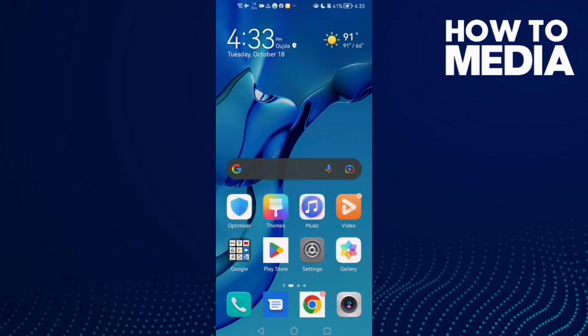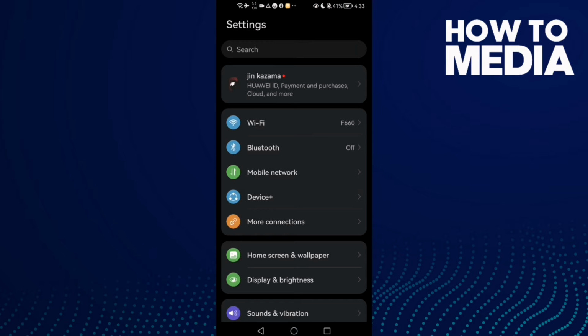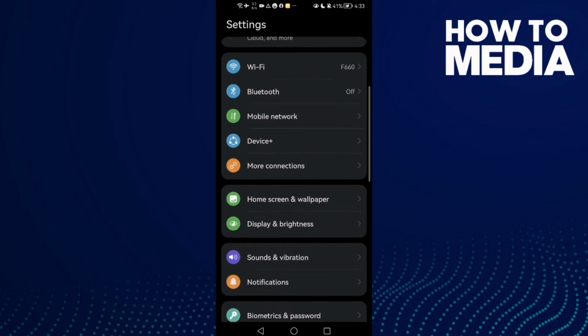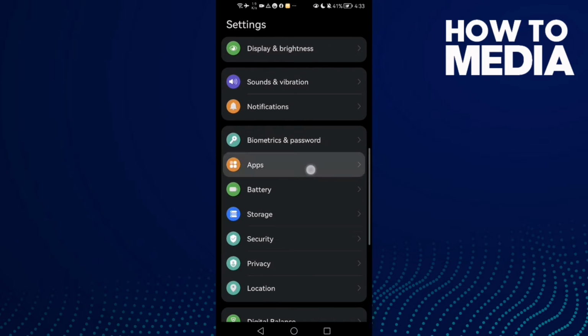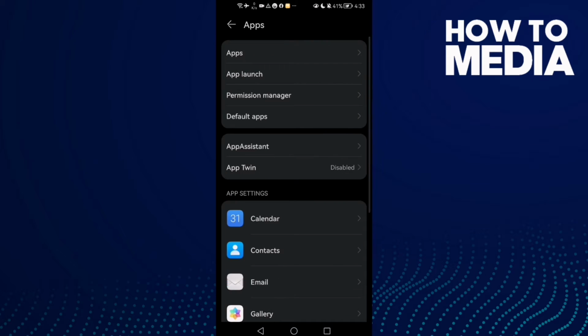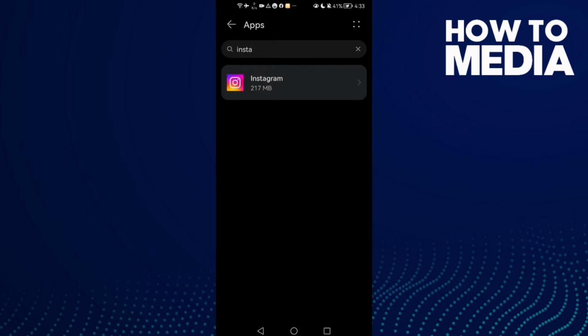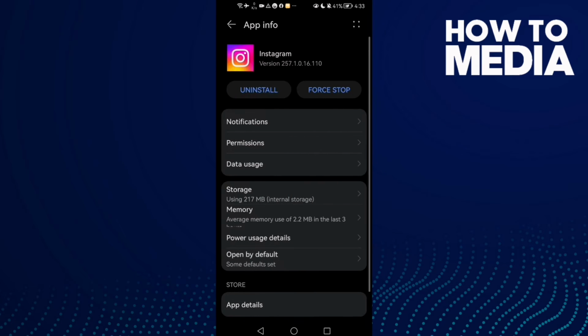Hello guys, in today's video I'm gonna show you how to fix login error on Instagram. And first just go to settings and then scroll down until you find apps and then apps again. Now click Instagram,